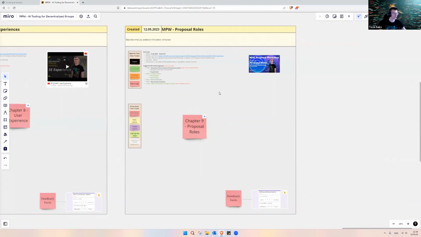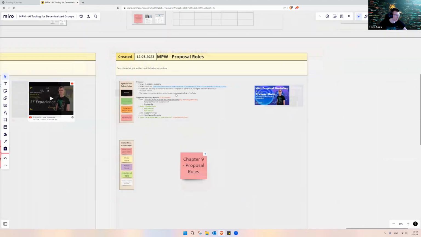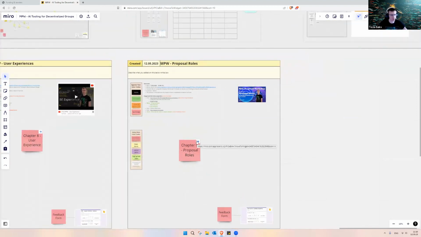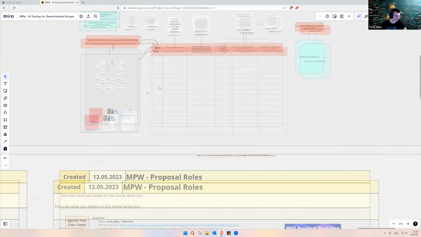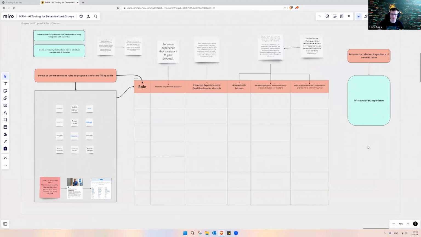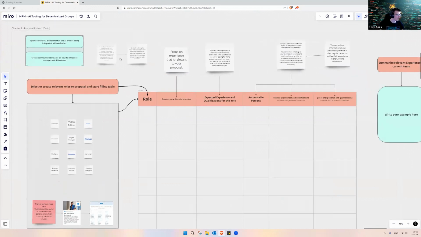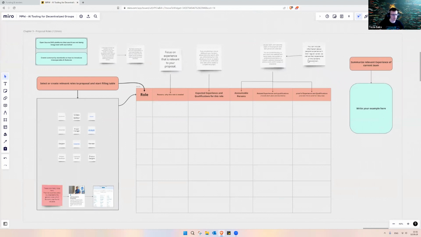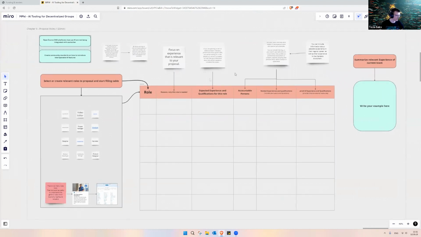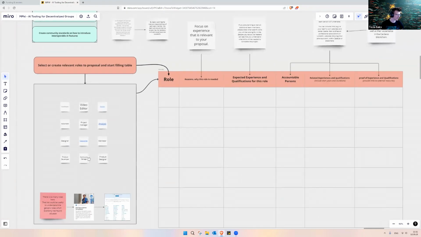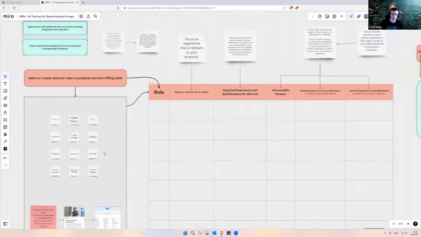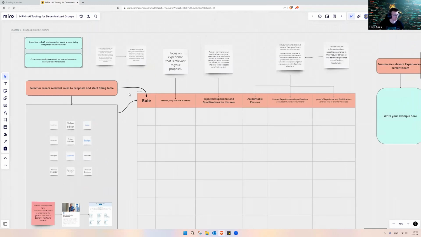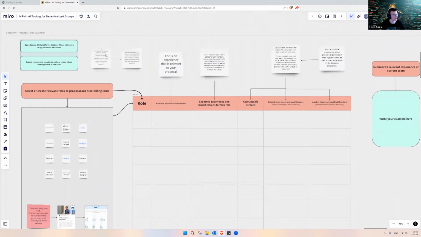So if I go back to our session, we are now going to look at these community standards and what roles you would need in order to establish them. On the white sticky notes I have guiding information on what we will be looking for, and there is a box of examples of what roles could be, with information on where to find more, to make it easier to cross-check whether I need this role in my proposal or not.